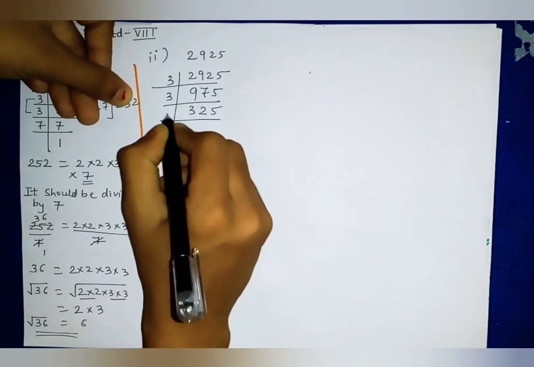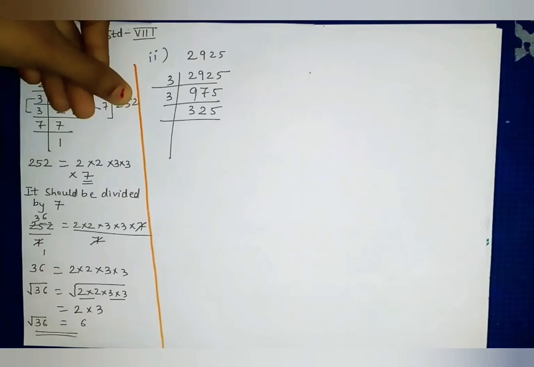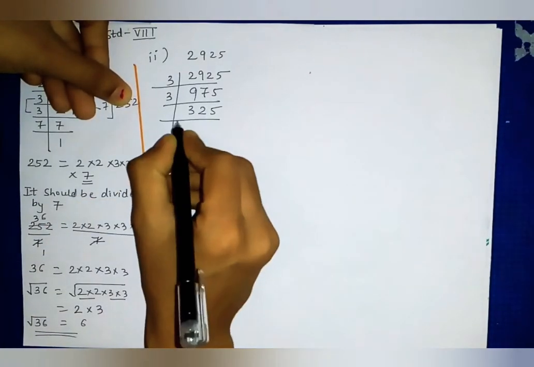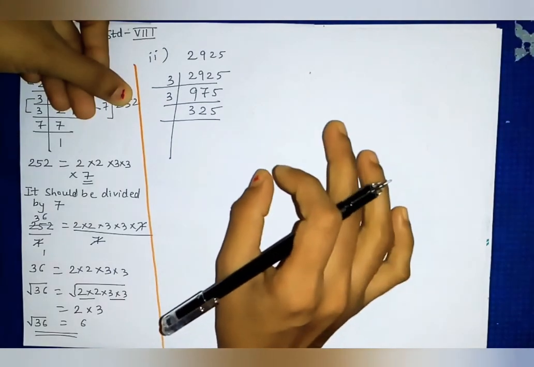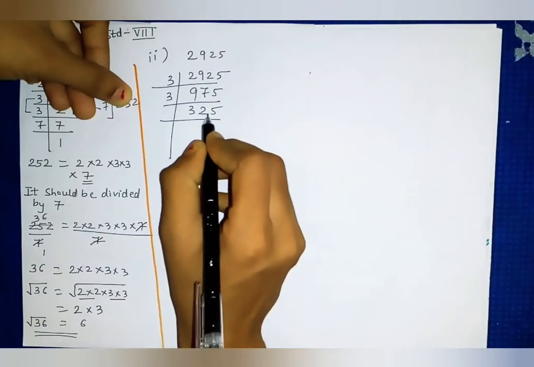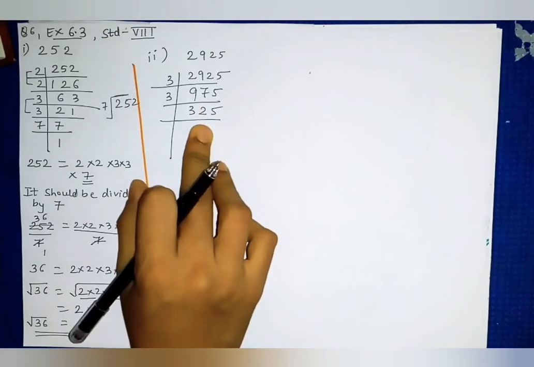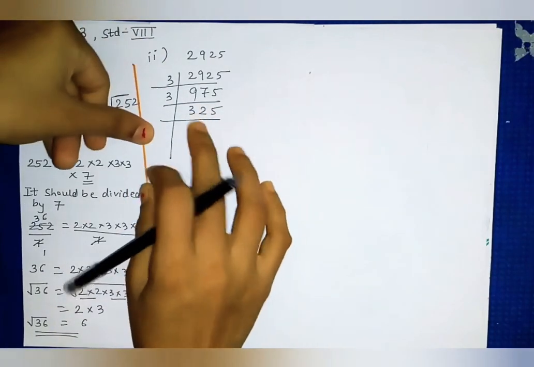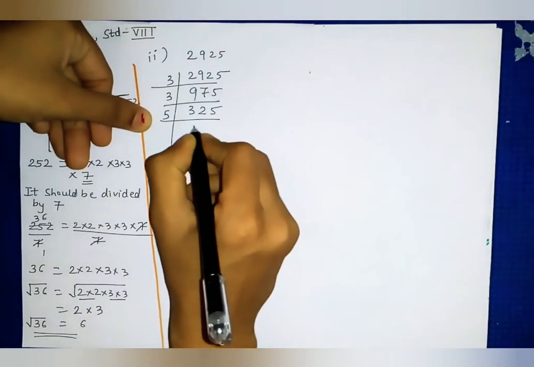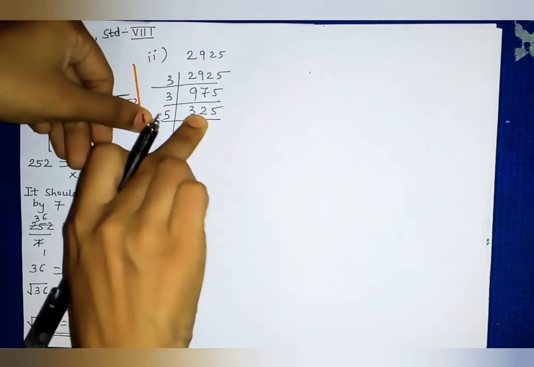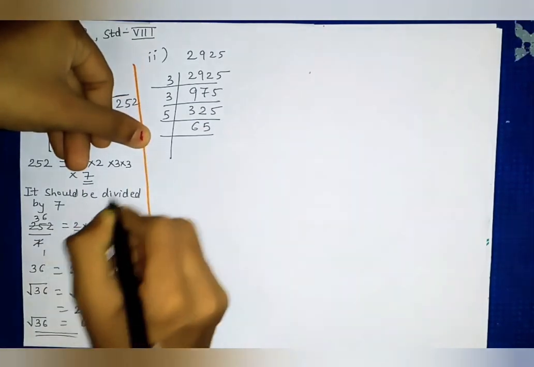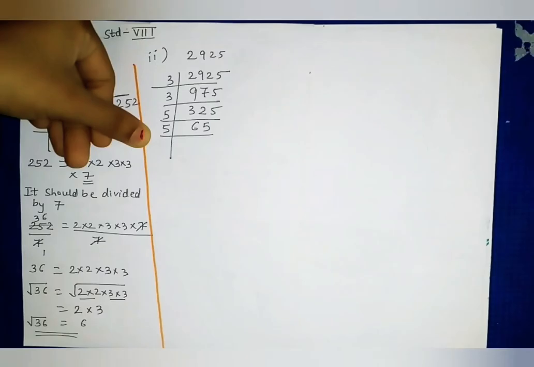Okay. Again we will take the table of, now here the table of 3 is not possible. Okay, ये 3 के टेबल में नहीं आएगा. How? You can check by divisibility rules. 3 plus 2 is 5 and 5 plus 5 is 11... 3 plus 2, 6 and 6 plus 5, 11. So 11 3 के टेबल में नहीं आता है. So this number also will not come. So now we have to change. We will take with 5. So 5 6s are 30. Now 2 is left. So 2 5, 25 means 5 5s are. Okay, again 5.